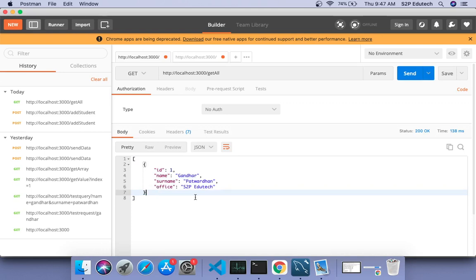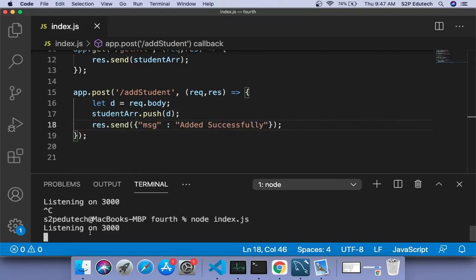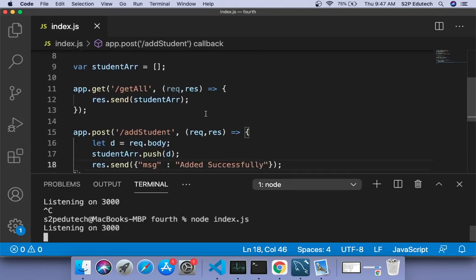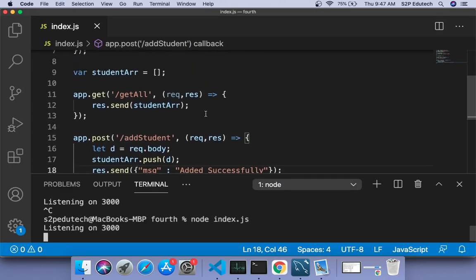right? Please keep in mind that there is no database involved as of now. What we are playing with is an array, right? So the moment you restart your server, the data in this array would be gone. Because it is not persistent data, it is just temporary data, and it would persist only till this server is running, right? If the server stops, this data is all vanished. That is the reason we have database, and going forward we would connect to our MySQL for that,